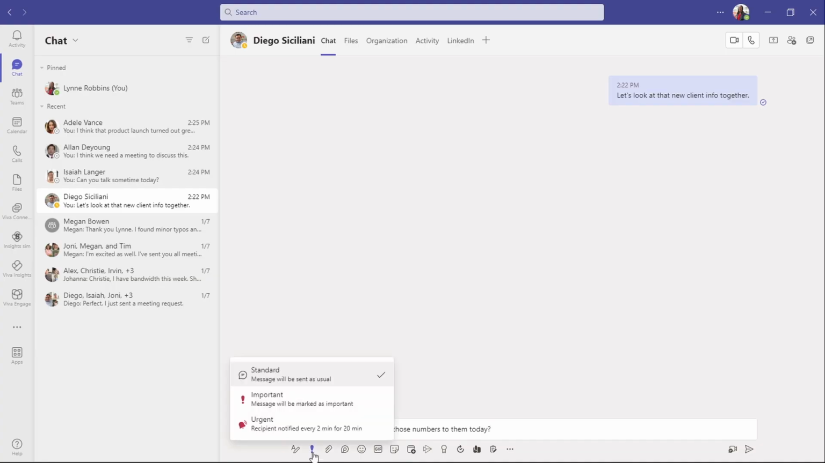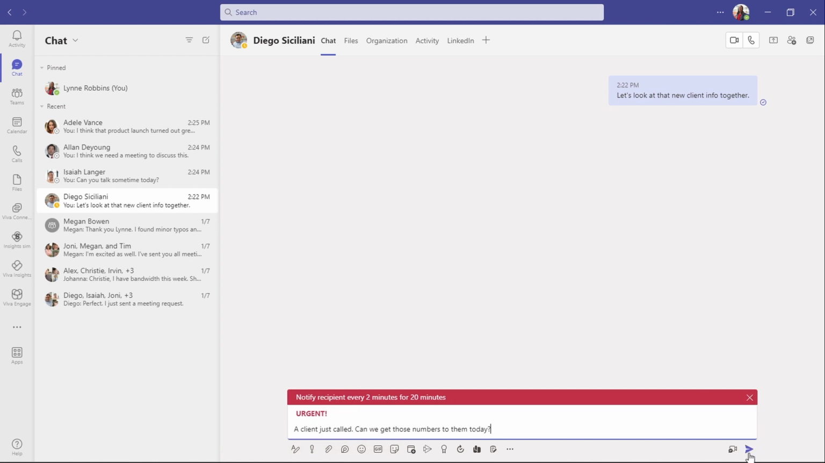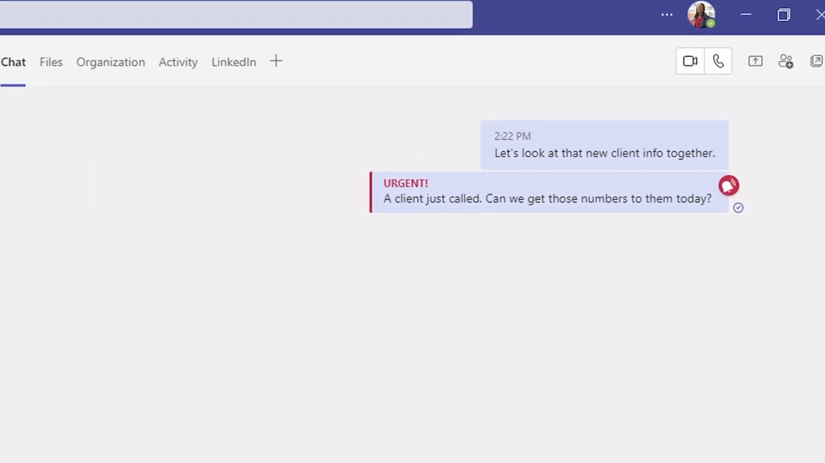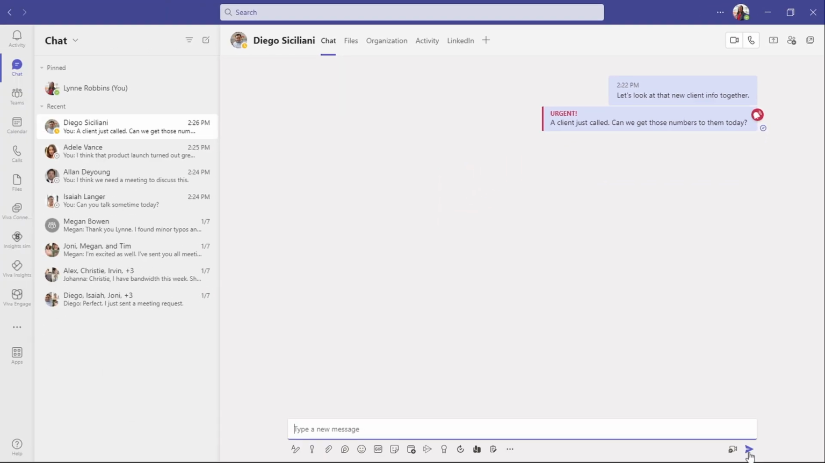By the way, you can mark a message as important or urgent. To do this, select the exclamation mark beneath the compose box, which opens the set delivery options menu, and then select important or urgent. This will add the word important or urgent to your message and add the visual symbol to it as well. Your administrator will have to enable urgent messages, and they may work differently in chats with over 20 members. An urgent message will notify the person or group every 2 minutes for 20 minutes, or